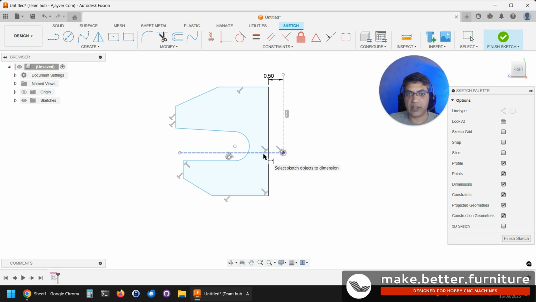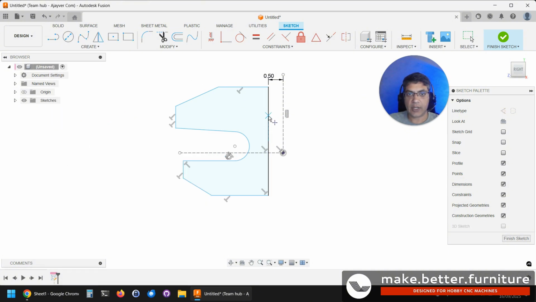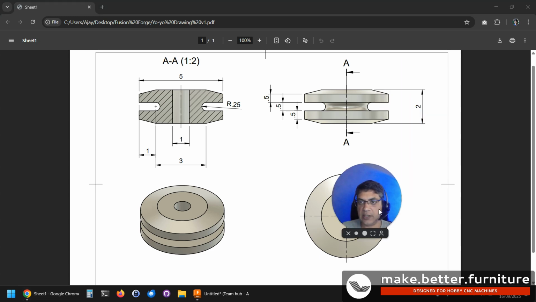So what I can do is I need to create a point first, and I will just drag here until it finds the center. As you can see, it finds the center. I will click it, and then I will make the center point coincidental with the center line. See? So now this will be perfectly centered,